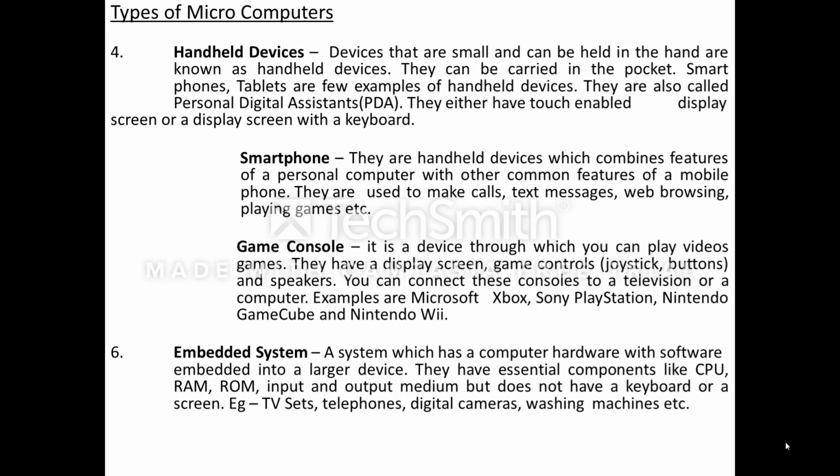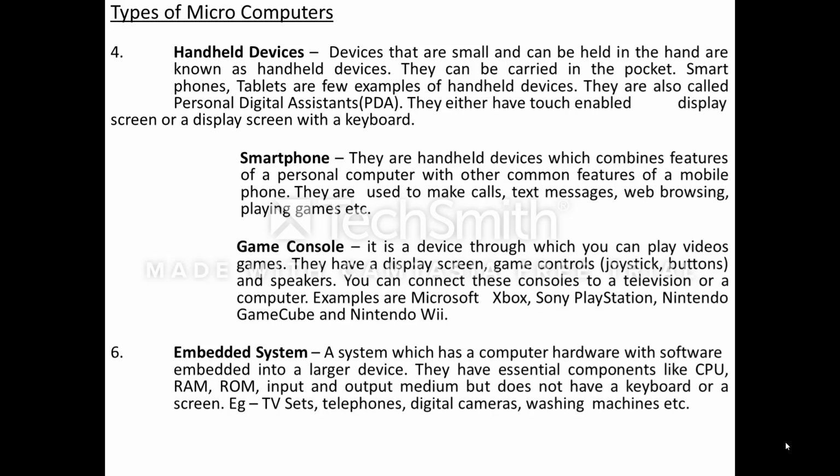Next is your handheld devices. Now the devices which you can hold in your hand are known as handheld devices. Examples are a tablet or a smartphone or a PDA, which is a personal digital assistant. These are all examples of handheld devices. Now smartphone is also an example of a handheld device. Smartphone is what? Smartphone is a combination of a computer and a mobile phone.